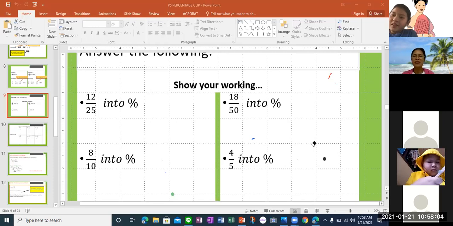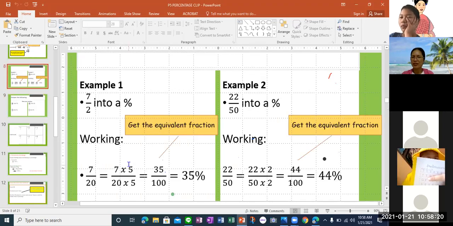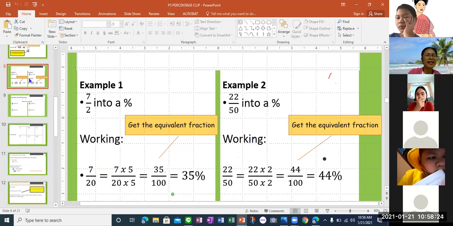You can take pictures or write down in your notebook quickly. So you're going to do it the same way, like this. You will do it like this. So take a picture of this one, of the slides 8 and slide 9, because they are